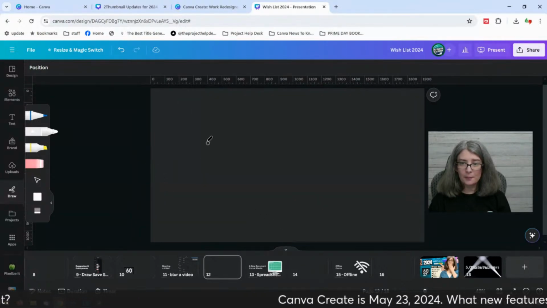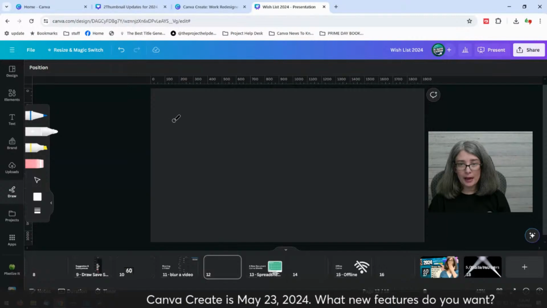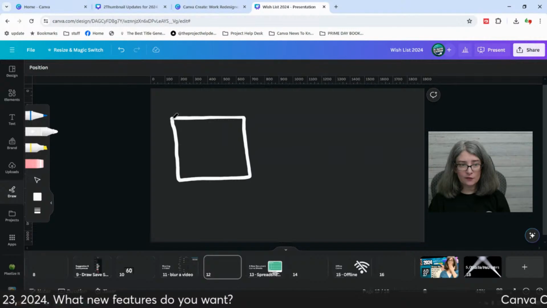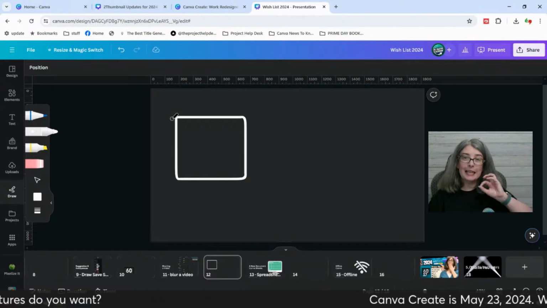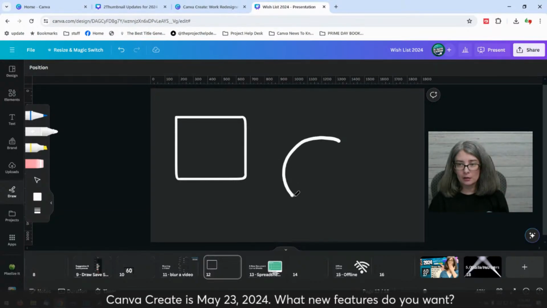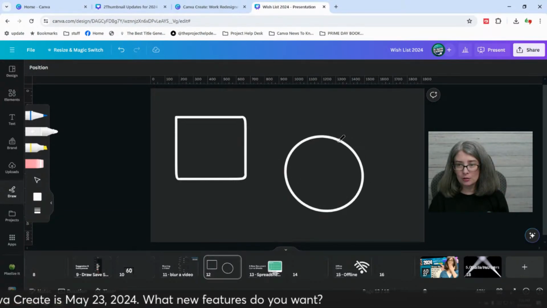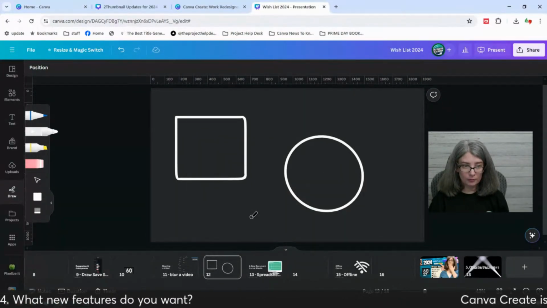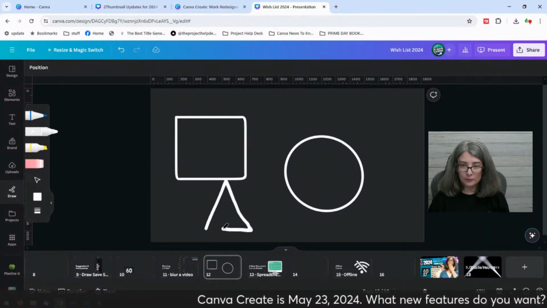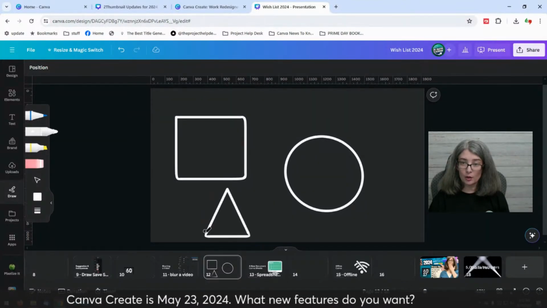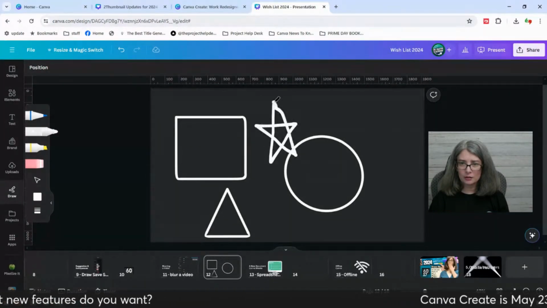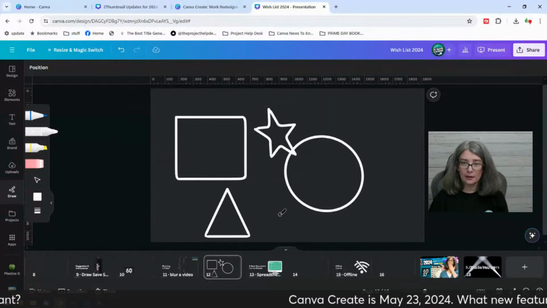But what I love, oh, if I make that bigger, it covers up me, but I can fix that. You can actually draw with your mouse. So I'm drawing with my mouse. If I draw this, for example, and I keep holding my mouse down, it will change to a nicer square, or it will change to a nicer circle. This one's going to change to a nicer triangle. Let's see if I can get a nicer star. That's not so great, but do you see what I mean?